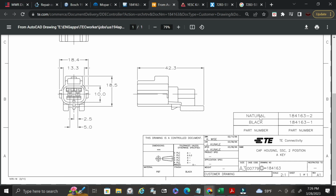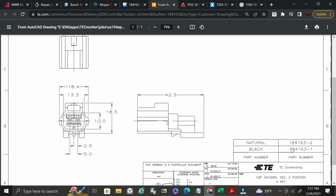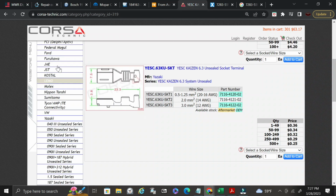It'll tell you here, this is your natural color, this is your black, and then these are the respective part numbers. It's a cap housing, SSC 2 position, and this one is a key A. So if you were going to look for a mate, you would want to look for the mate in a key A. Okay, so this is an AMP connector,